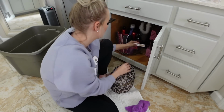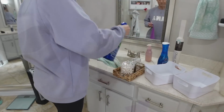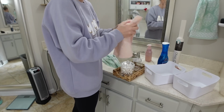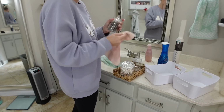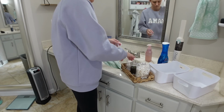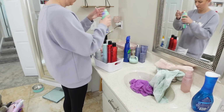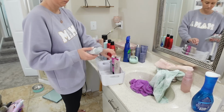I did get it, I don't know if I said this or not, but I got it at Hobby Lobby. A lot of people, when they see that, they want to know. And I believe they have stuff similar to that to this day, actually. I haven't been in Hobby Lobby in forever, but the last time I was there, they did have similar things like that, if you do want something like that, because it's a great idea for a bathroom to organize little things in, but it just doesn't work out for me and mine at this point. But anyways,